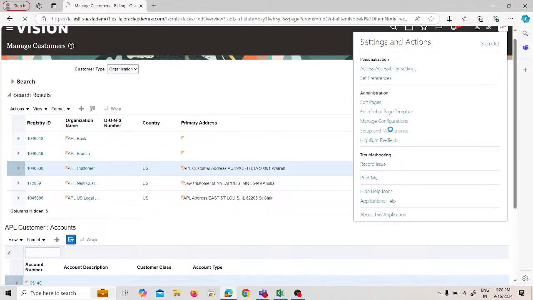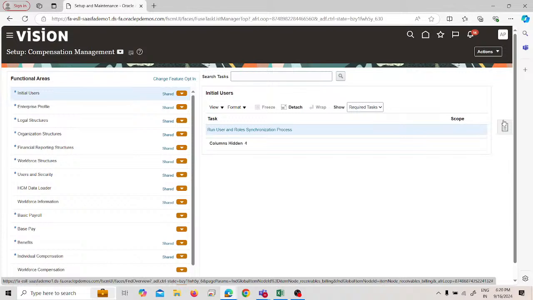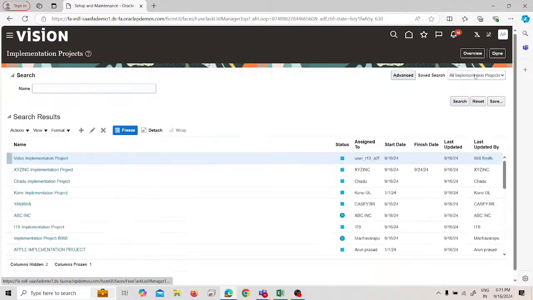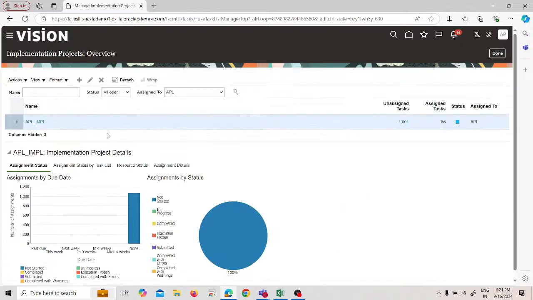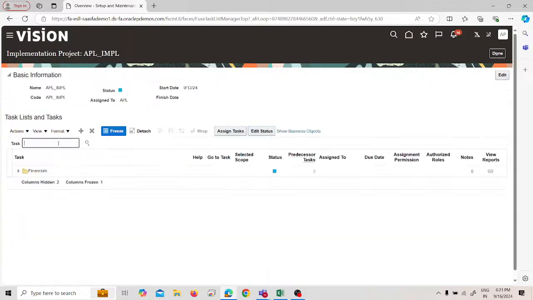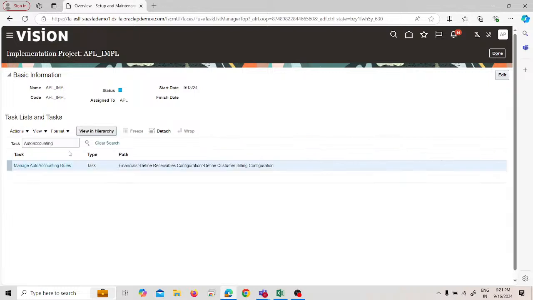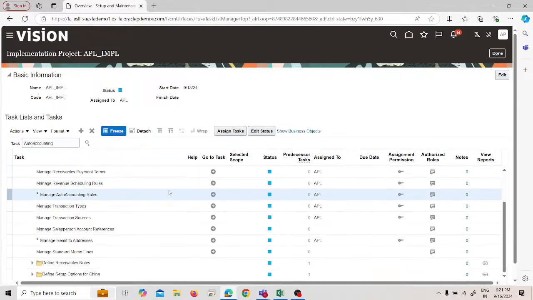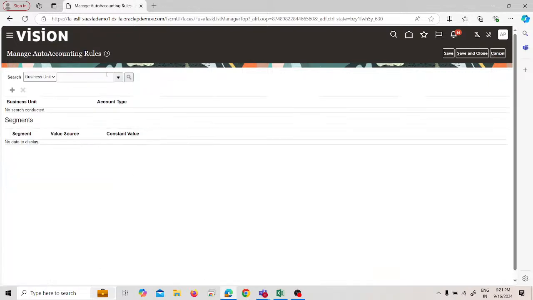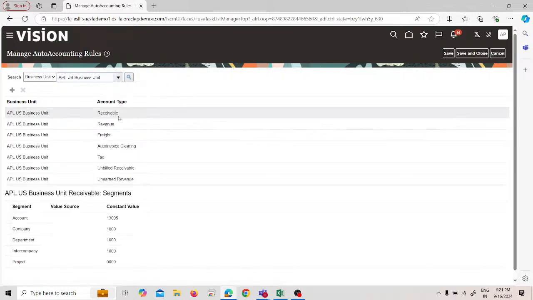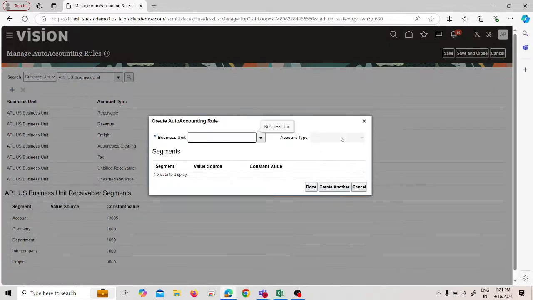So here we go to a project, and we'll search for auto accounting. Here, go and see, and we'll search business unit, and you can see these we have already created. Now let's correct this. So select a business unit,